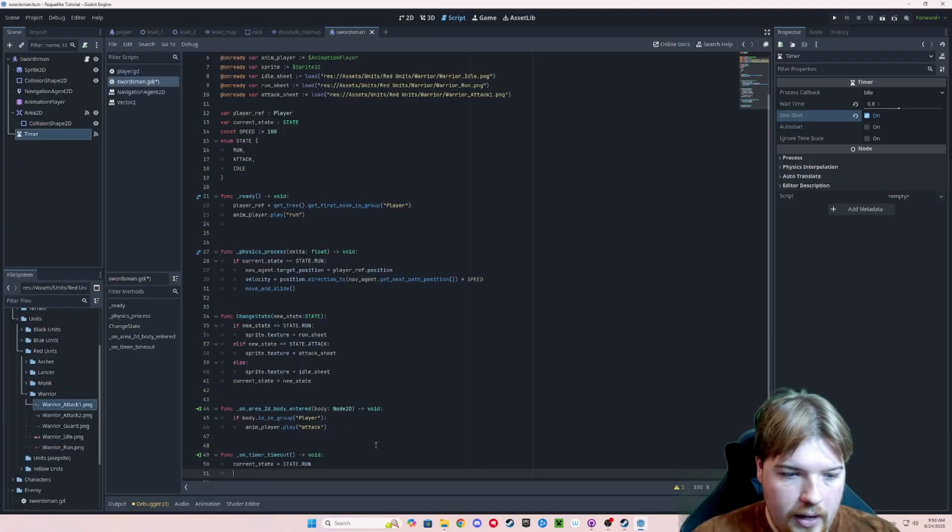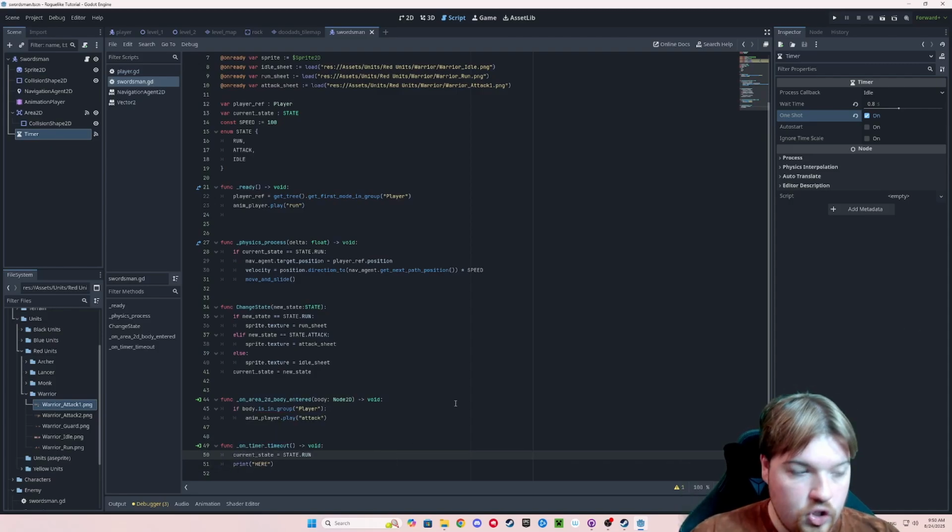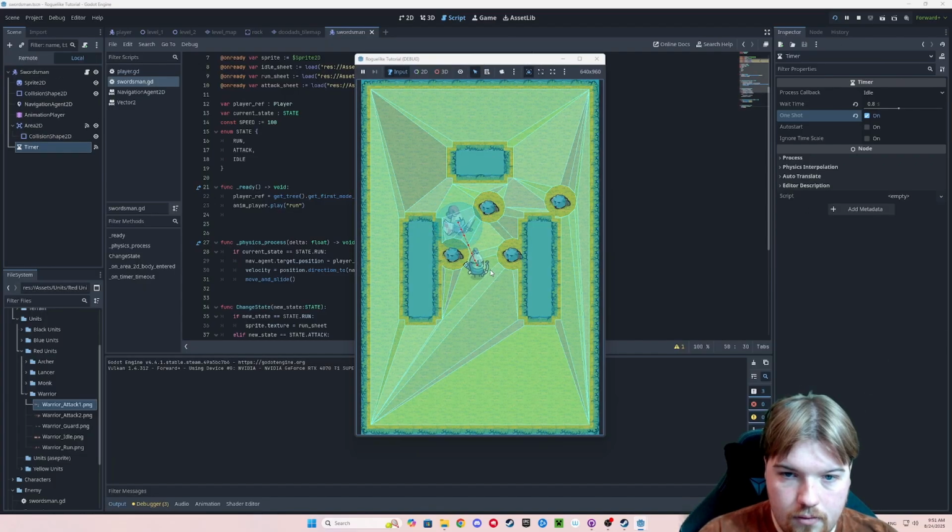So the easiest way to find out where things are happening in your code is with print statements. You can have it print anything that you want it to say. But basically that'll show you in the output that your code at least made it to that point. So I'm curious if our timer actually started and triggered our run state here. So I'm going to go ahead and print here. So that way I know whether or not the enemy got in range, attacked, and started the timer. Okay, yes. So that timer did go off,